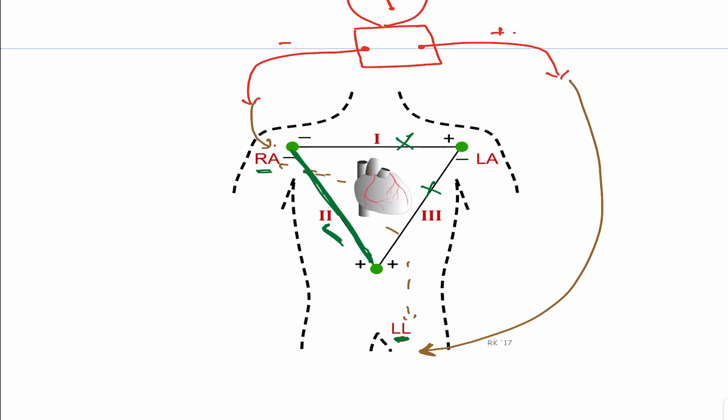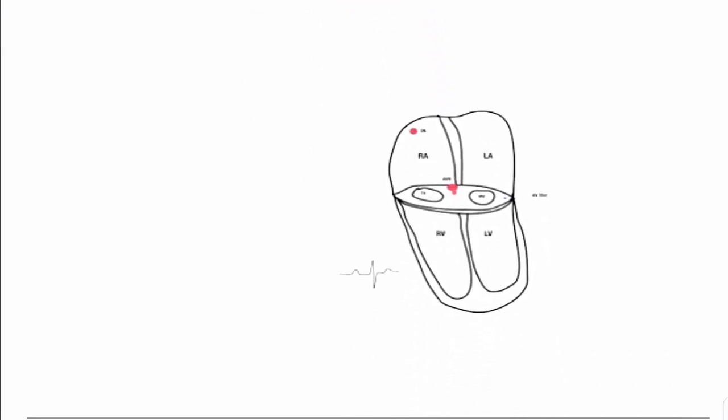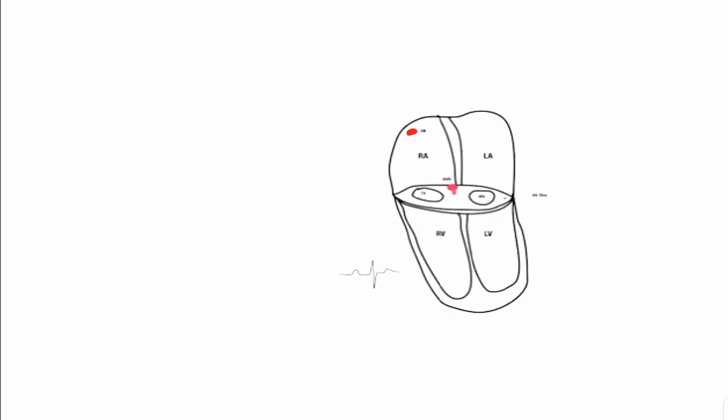Okay, now let us see what happens in the heart when it is being stimulated. Just coming to this picture, you know that there is something known as the SA node. So let this be the SA node, and this is the AV node, below. The upper one is the SA node, and the lower one is the AV node.